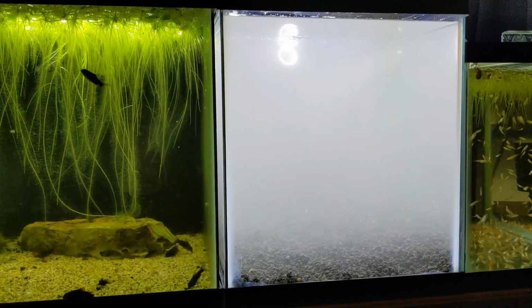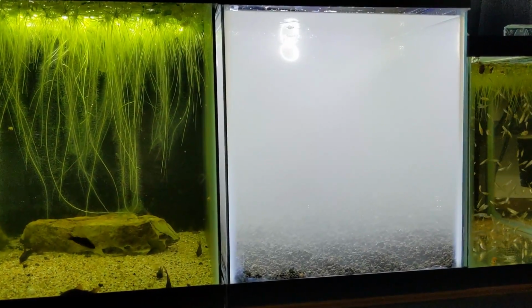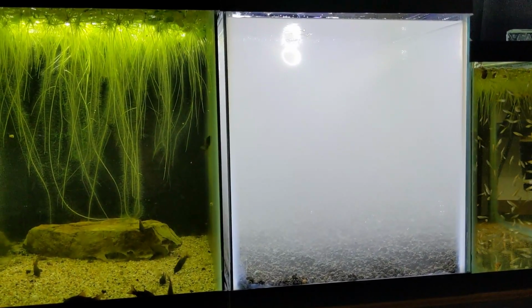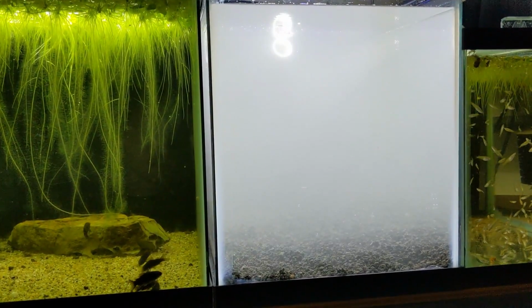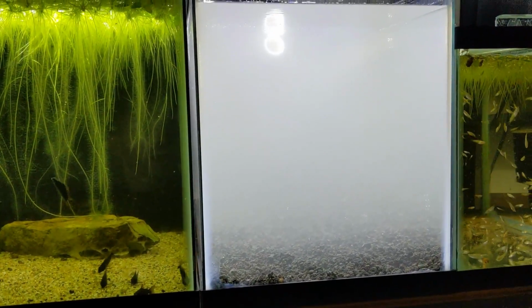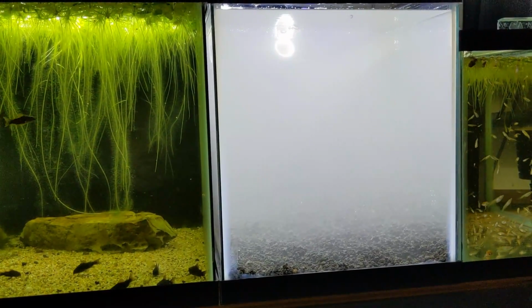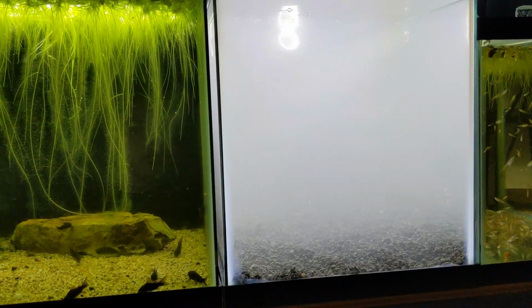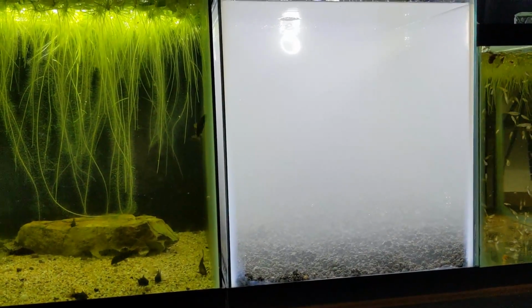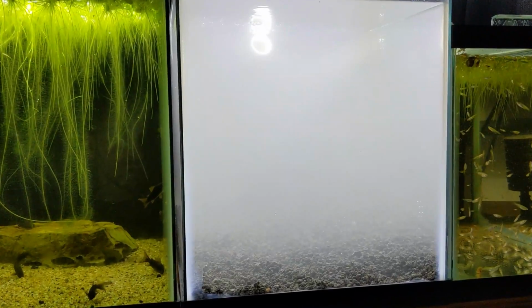This tank will probably be cleared up tomorrow. What's nice about the Eco Complete is it has some beneficial bacteria with it as well, so that'll help the cycling process. And I'm not sure how I'm going to scape it yet. The long-term goal for this tank is to produce a lot of shrimp and make it easy that on shipping days I could just scoop a net in and catch a bunch of shrimp really easy